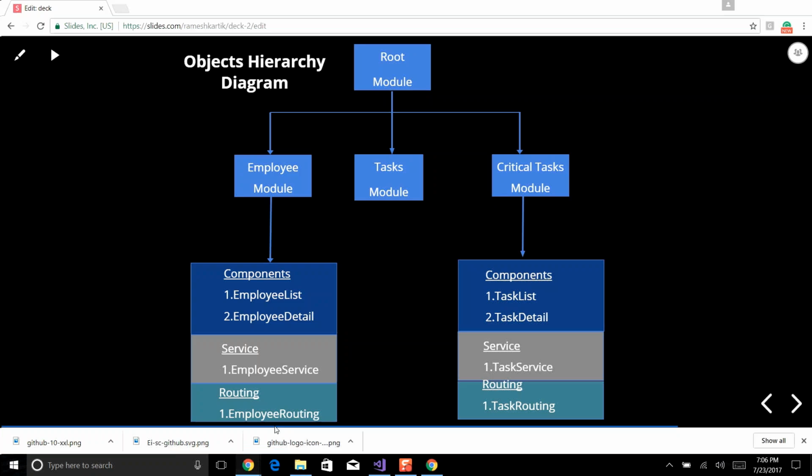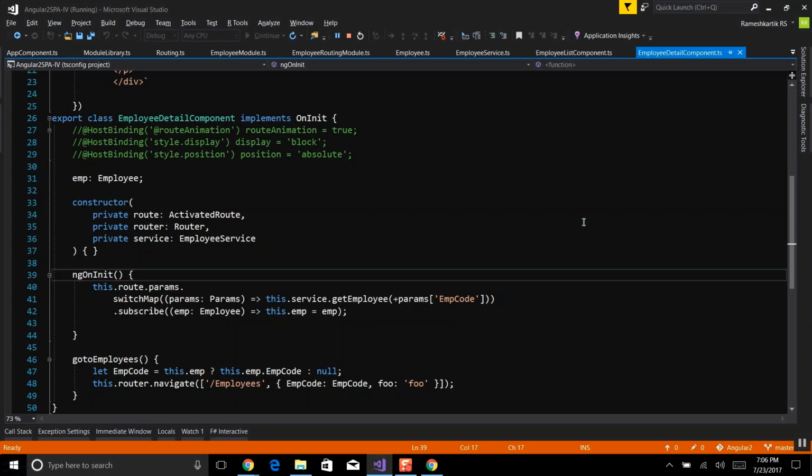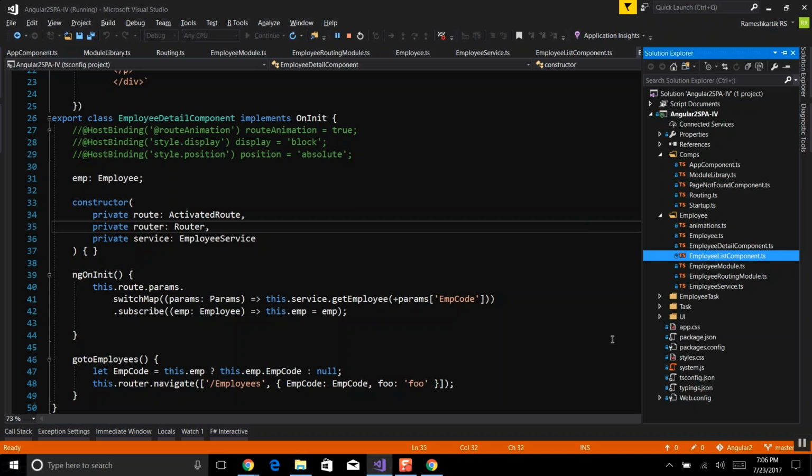Now you can visualize how I have organized this. This particular module has this particular component, services and routing. You can create as many components as you want according to your project requirements. This is how it is. Then finally, one thing I want to communicate to you is